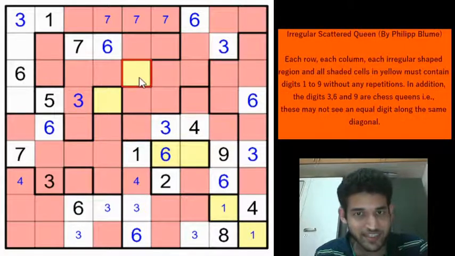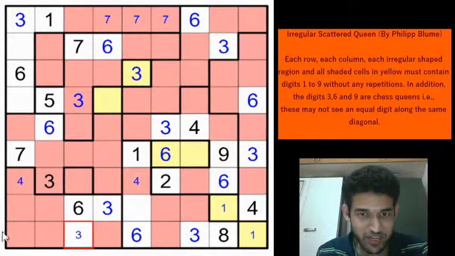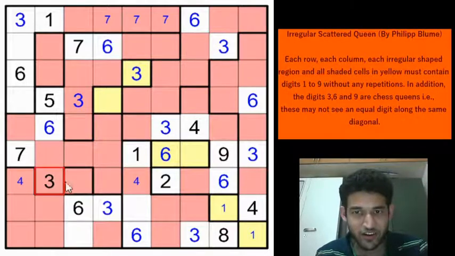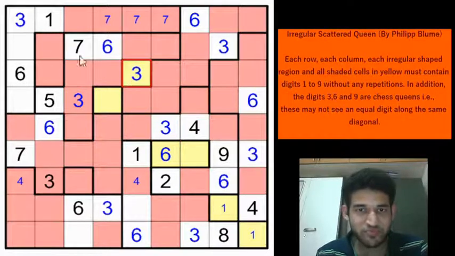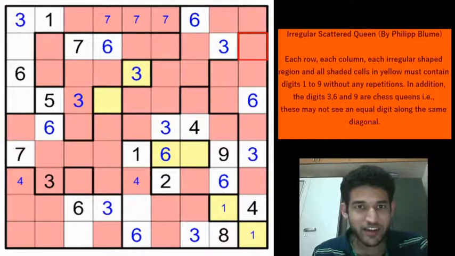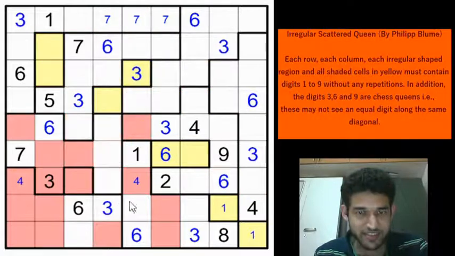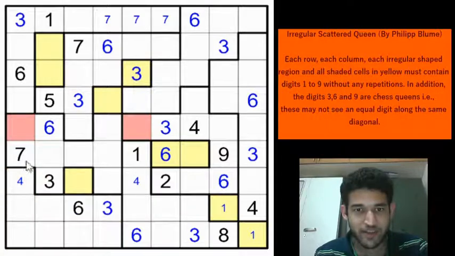There is no other cell which can take the 3. So which means that this will be a 3 and this 3 is eliminated now, which gives a 3 here and which gives a 3 here because we eliminated the 3 from here. I think we have marked all the 3's now. Wow. Amazing solve path. So what we can do, we can again remove the red cells. They are not of useful information anymore. Right? We have placed the 6's, 3's, a very systematic solve path.